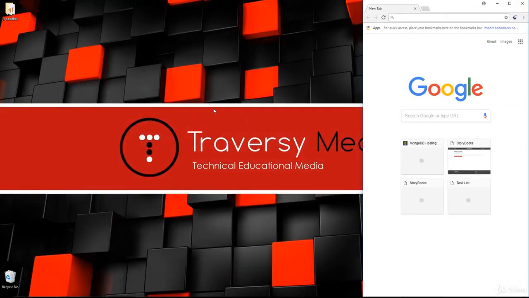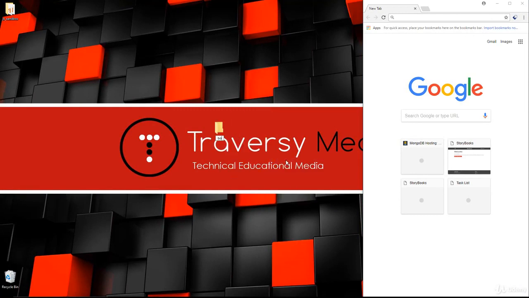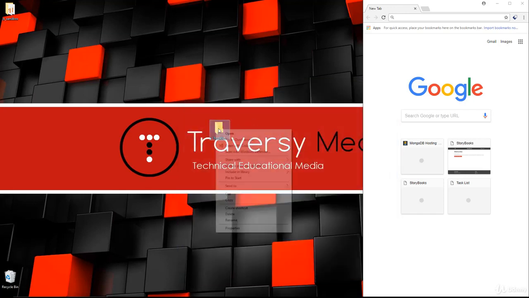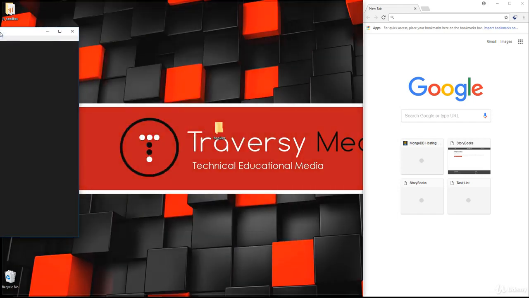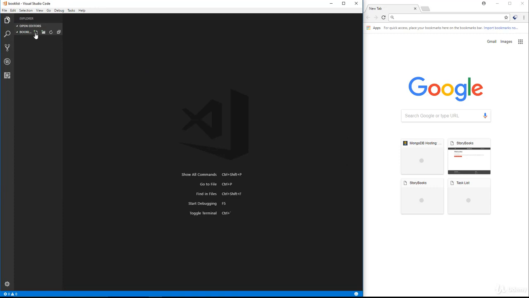First thing we're going to do is create our UI. So let's create a folder here, and I'm just going to call this book list. And inside book list, actually, you know what? We'll just open this up with Visual Studio Code. And we'll snap that to the side here. And let's go ahead and create a new file called